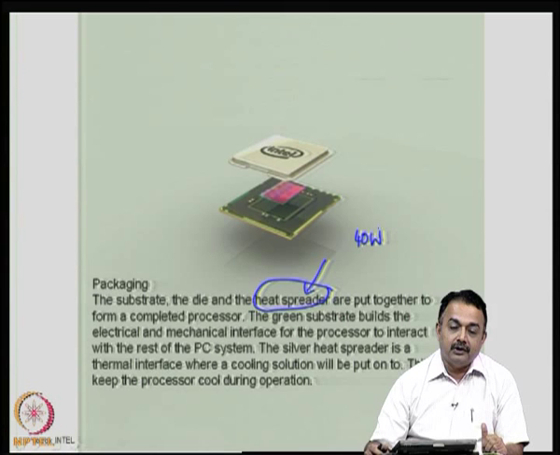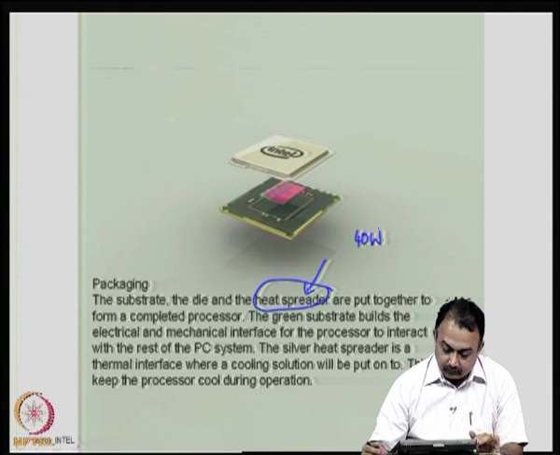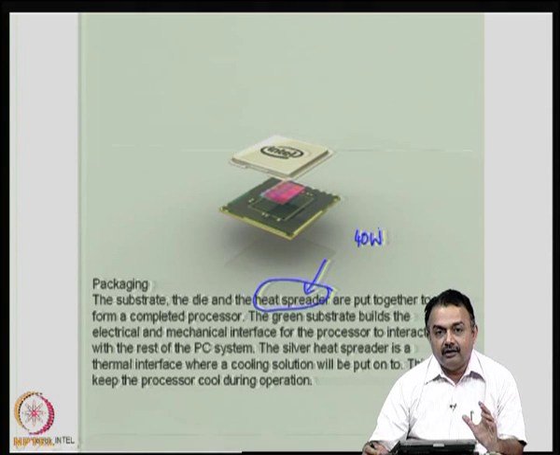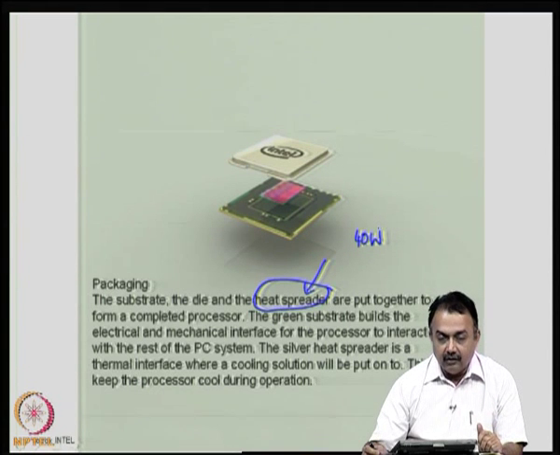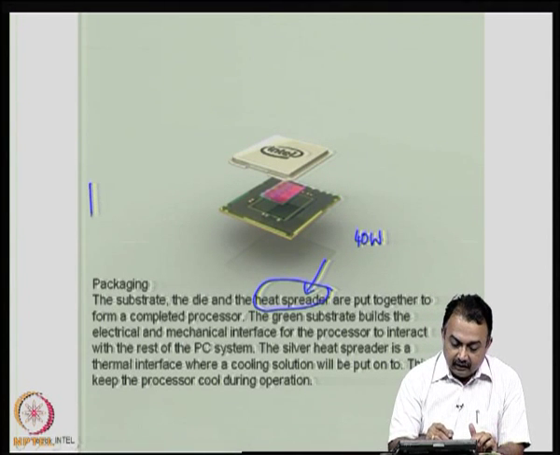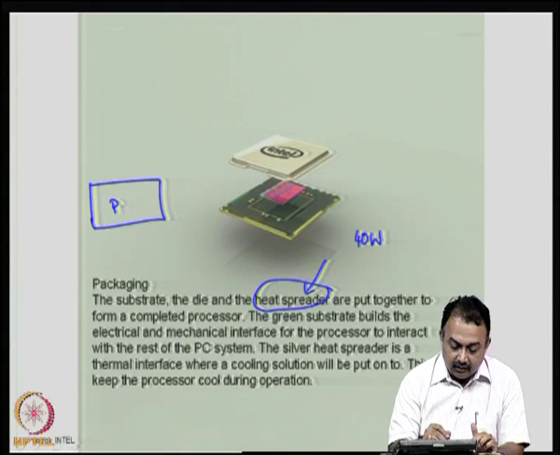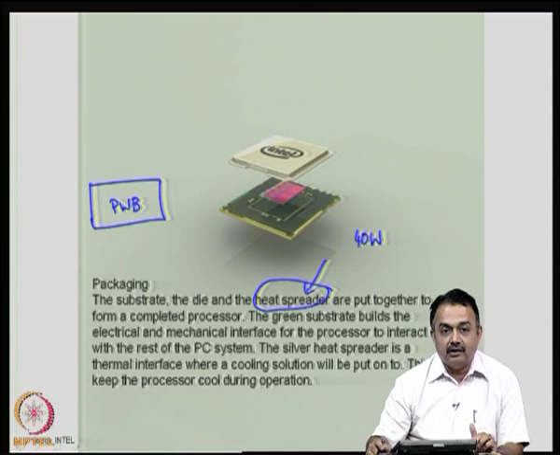So, these are issues that you have to take care of when you go for packaging. The substrate will take care of the electrical interconnects, and it will also take care of the mechanical interfaces that are required for the processor to interconnect with the rest of the components on the system. Here I would like to recollect that the board can perform as a system. The printed wiring board or the printed circuit board can be called a system.